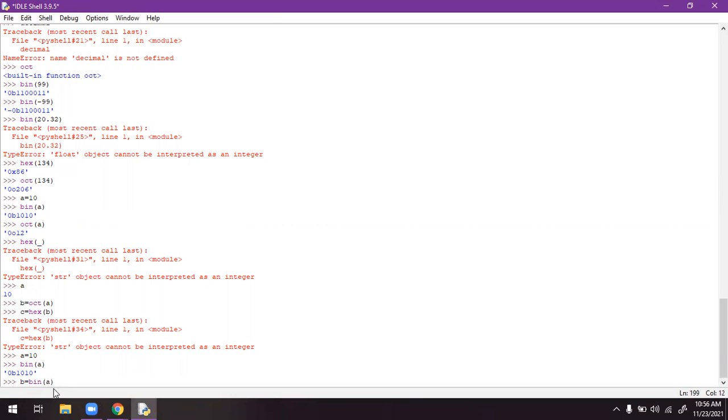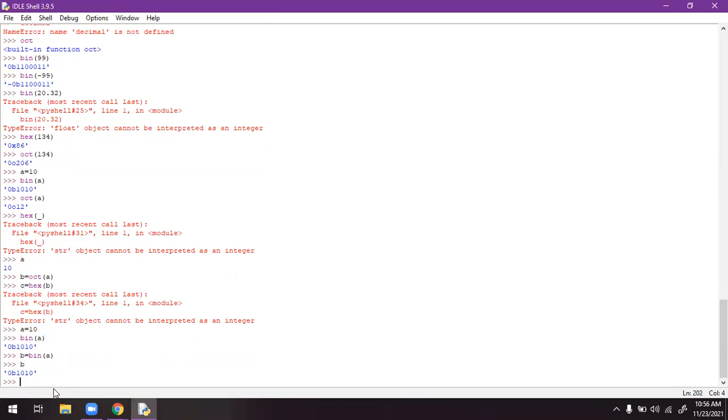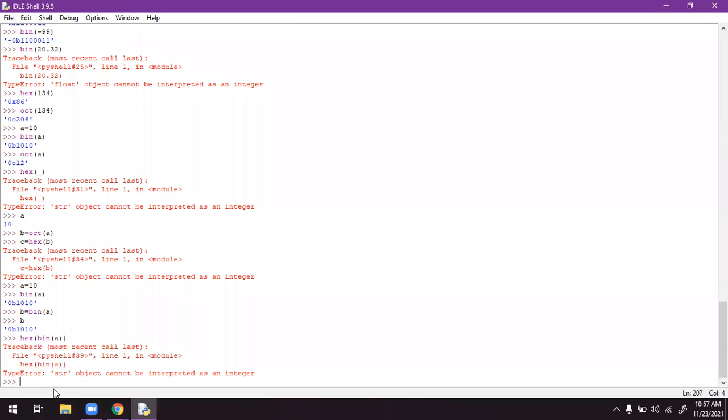If I hit enter, the value of b will be this one, and we have to convert into hexadecimal format. In order to convert to hexadecimal format, we just have to write hex of b. So if I hit enter, again I am getting the error.